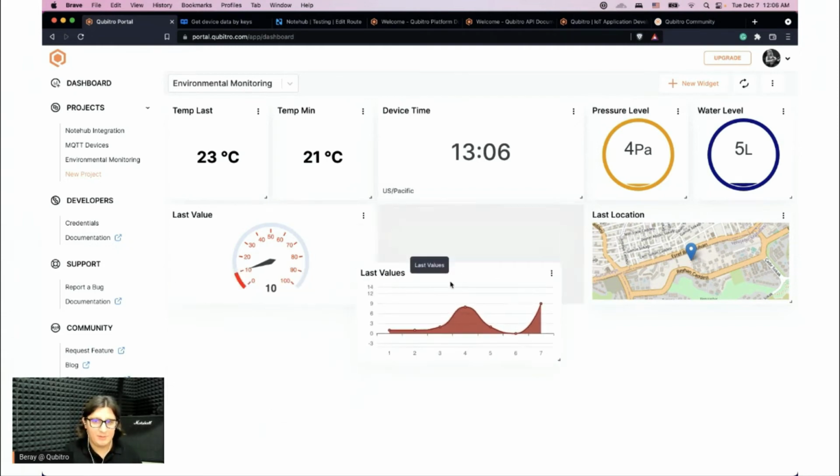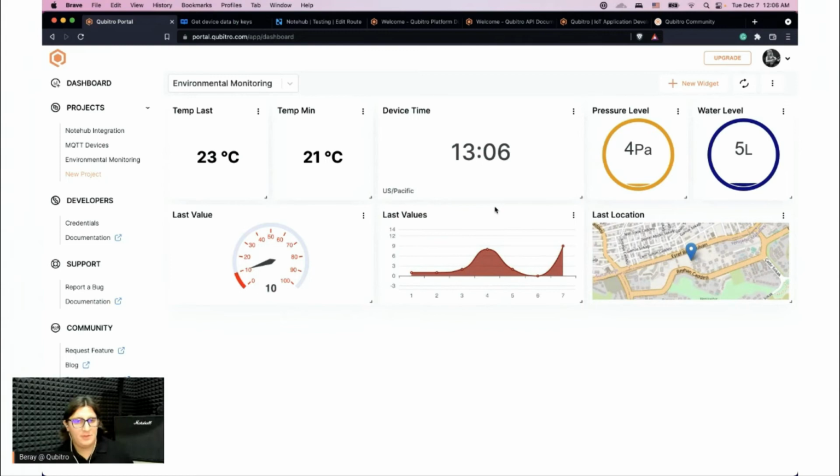And of course, you can customize as you wish. This is just a simple feature, but the idea is scalability. In our case, you don't need to create dashboards for different projects, and you don't need to specifically define templates. It just works. That's the idea. And let's talk more about integrations, because more importantly, every project starts with a simple single device. And then, of course, the idea is adding more and more devices on top of that. And the question is, how is your application going to scale in terms of both experience and infrastructure performance?